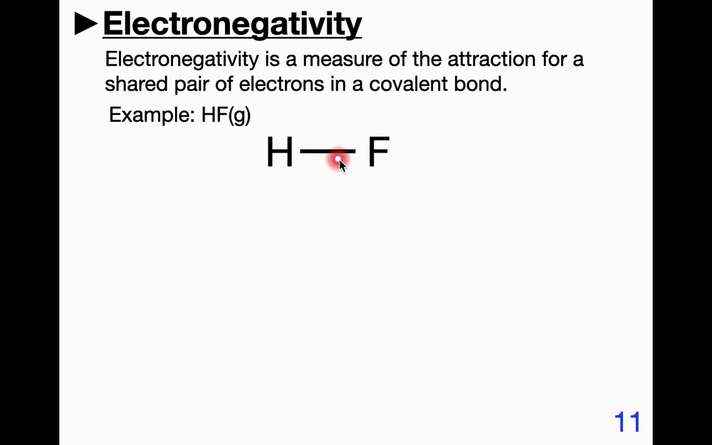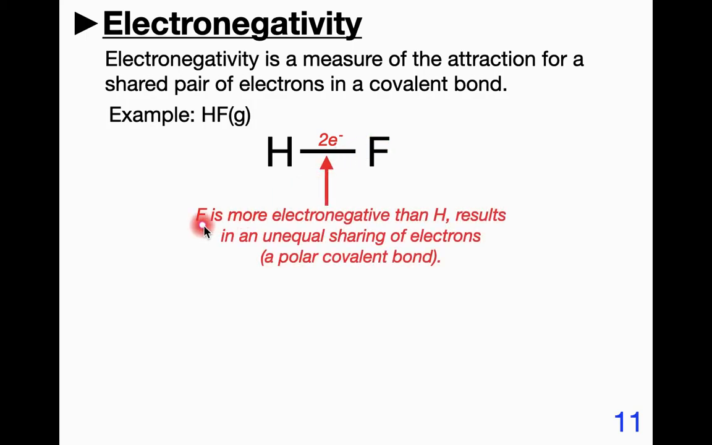So this bond here represents two electrons that are being shared. Remember the octet rule, atoms tend to lose, gain, or share electrons to have the configuration of a noble gas. So this would be an example of the sharing. But the sharing is unequal. And that's what electronegativity measures. How equal is the sharing of electrons? The element that has a stronger attraction for the shared electrons is said to be more electronegative. So fluorine is more electronegative than hydrogen, which results in an unequal sharing of electrons, which you'll find is called a